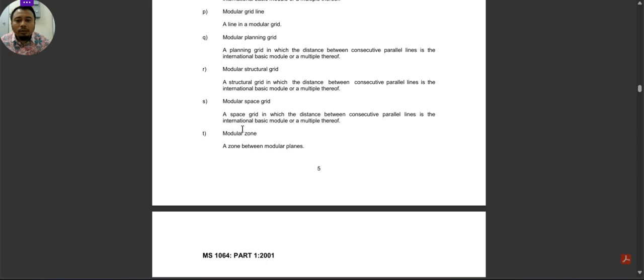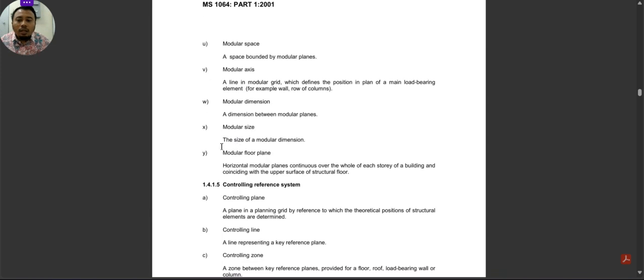A modular space grid is a space grid where the three axes are modular, and then you can have a modular zone. And then you can have a modular space, a space bounded by modular planes. A modular axis is when a line in a modular grid defines the position in plan of a main load-bearing element, for example, a wall or row of columns. And then you can have modular dimensions. A modular dimension is basically a dimension which is modular, consisting of modular dimension, modular size, where the size is modular, and modular floor